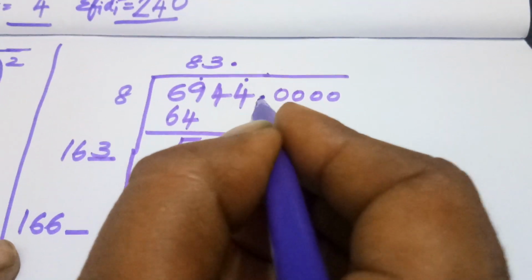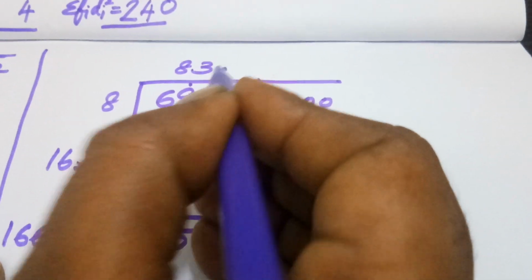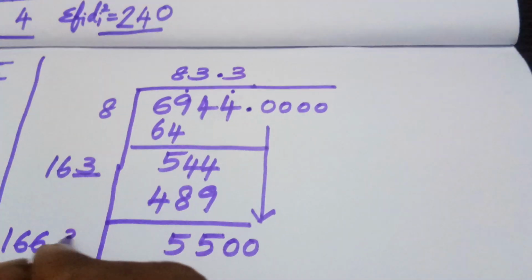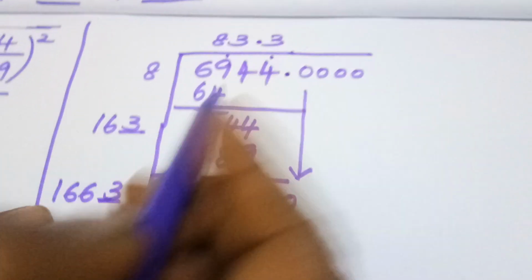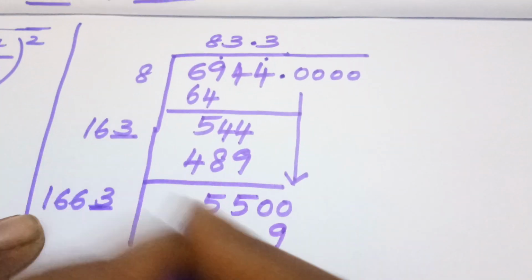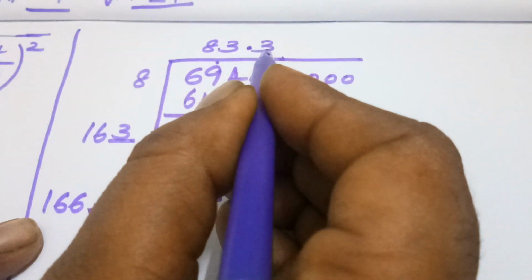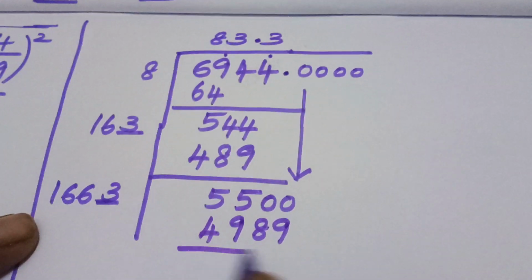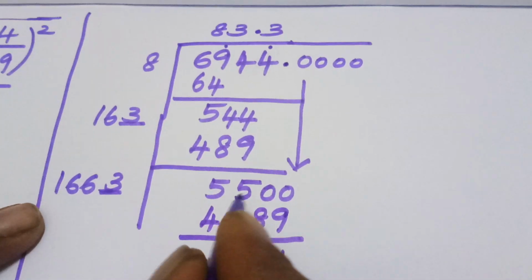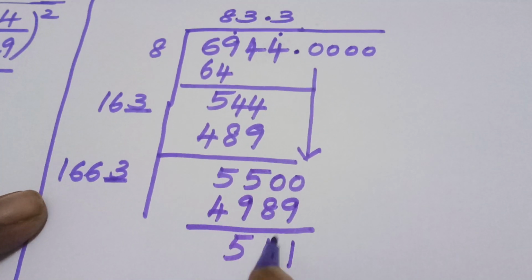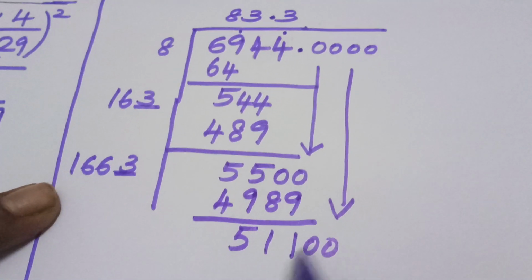As we have taken digits after the decimal point, I have to keep the decimal point here. So 3 and 3 is written here. So multiply by the newly written number 3. So 3 3s are 9, 3 6s are 18, 3 6s are 18 plus 1, 3 1s are 3 plus 1, 4. So subtracting we get 11 and 5. And then again we are going to take the next pair of zeros.